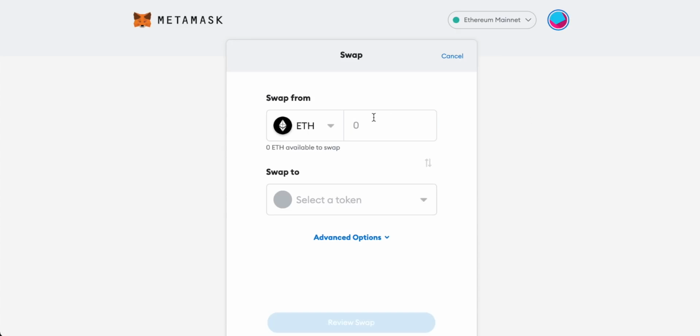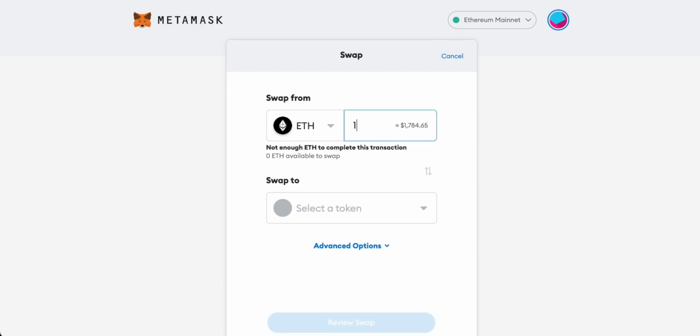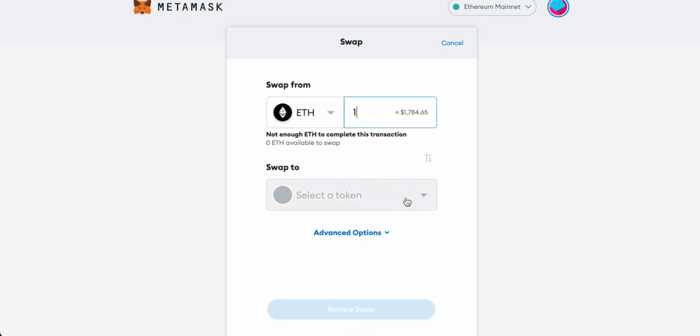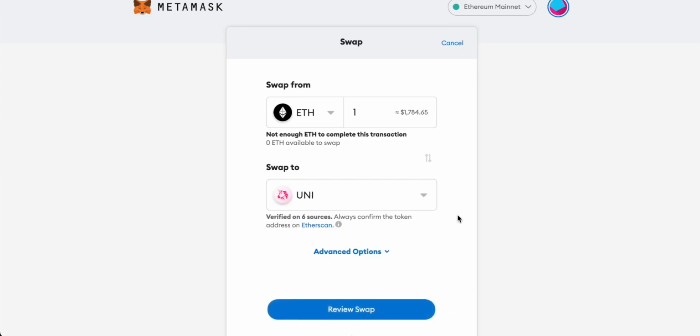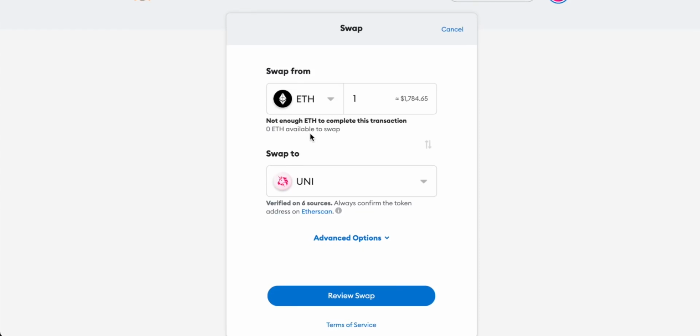If you want to swap, then just simply choose the tokens that you want to swap. So let's put in one Ethereum token right here, and then we can choose the swap to token. So this is the Ethereum token that we'll be selling. And then obviously to swap one token into another, we'll be buying this token or swapping into this token. So let's just choose Uniswap as an example. So we could be giving over one Ethereum based token and then getting however many Uniswap tokens that is